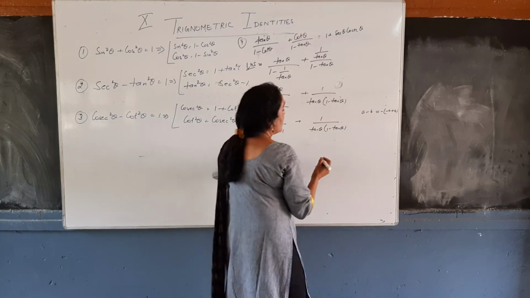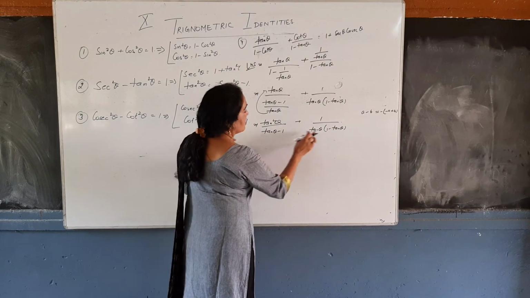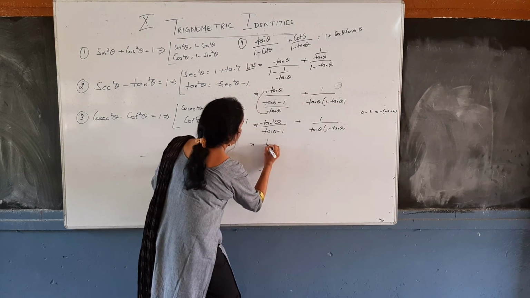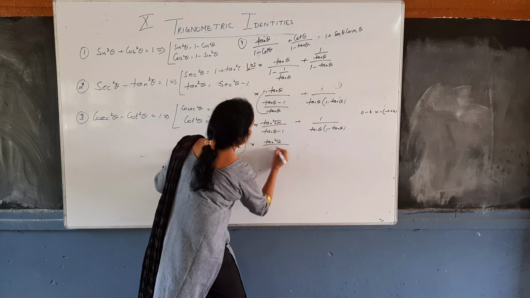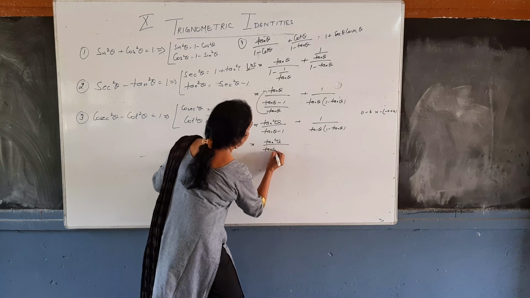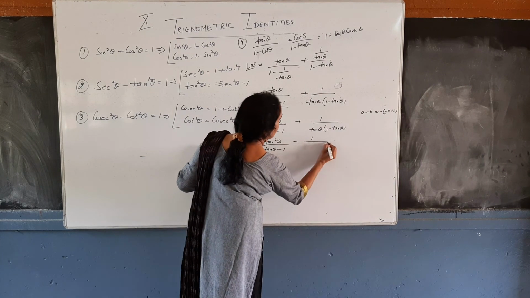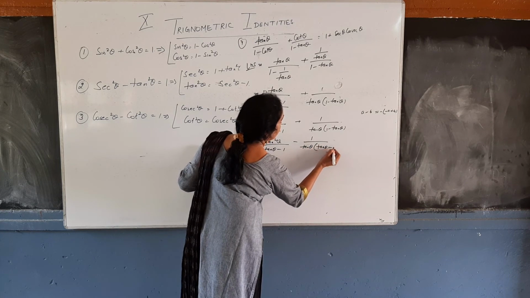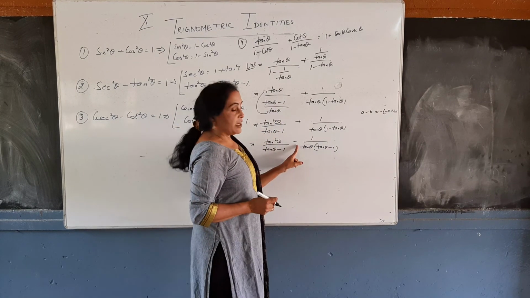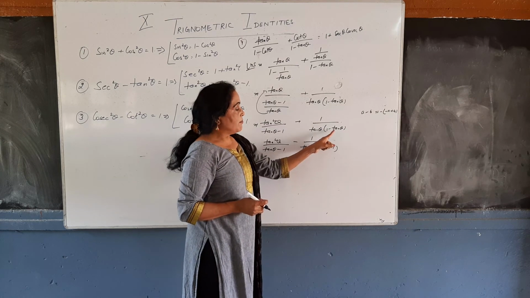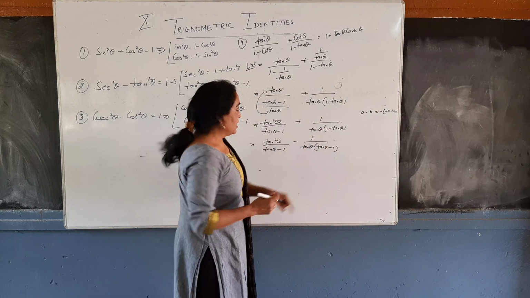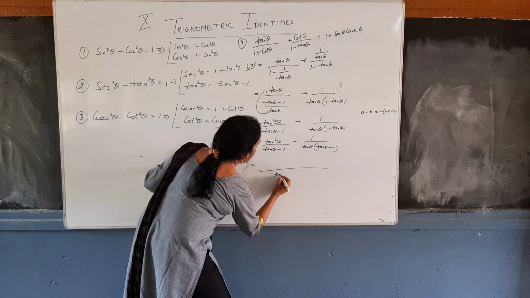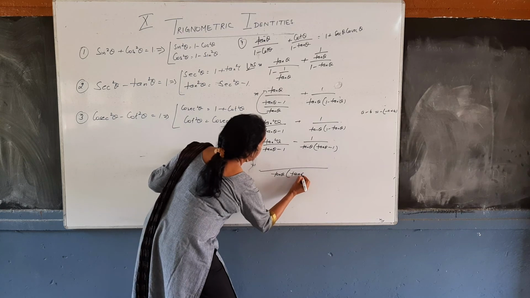So here what we will get? Here tan theta minus 1 and 1 minus tan theta, from here we can take the minus sign common. So what we will get? Tan square theta upon tan theta minus 1, take minus sign common, so it will be minus 1 upon tan theta into tan theta minus 1. Here we have taken the minus sign common, so minus will become plus, plus will become minus. Now take the LCM here. What is the LCM? LCM is here tan theta into tan theta minus 1.